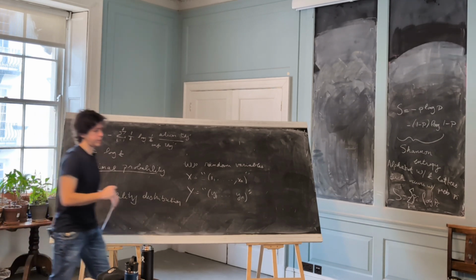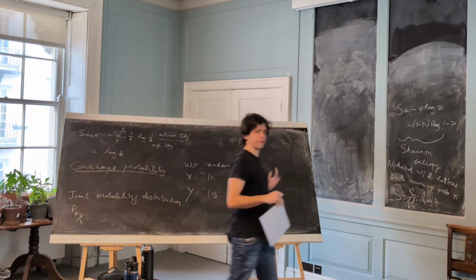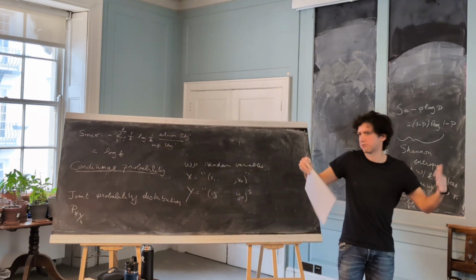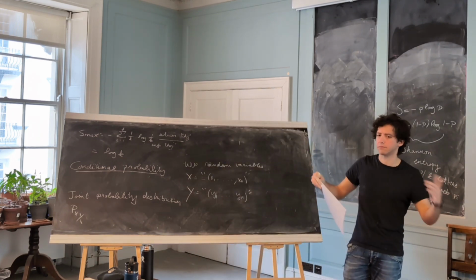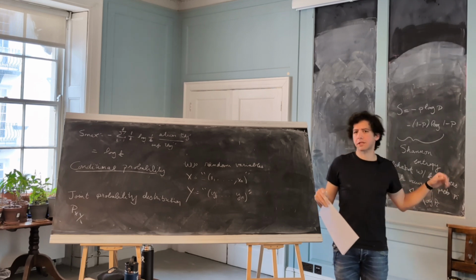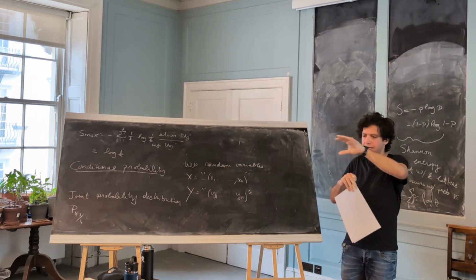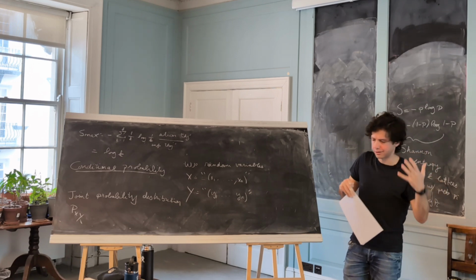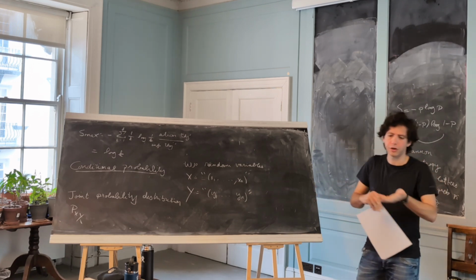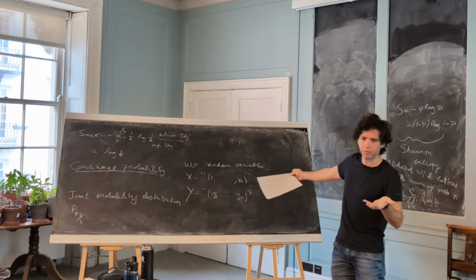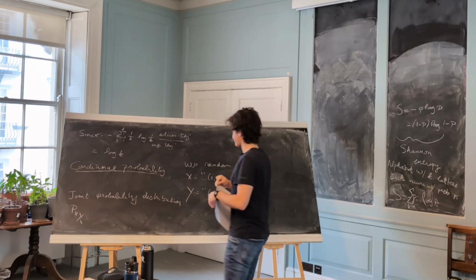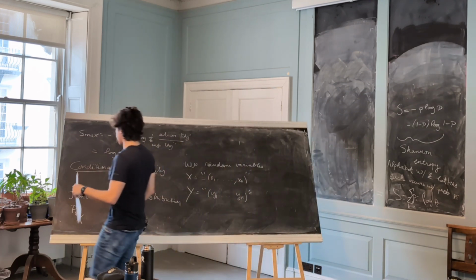So this is just a distribution on the state of both X and Y. This just describes the state of my system. If you want to think about bits, I have two bit strings, and each one has a probability of a certain string occurring, and this is what the joint probability distribution is. Okay, and I can define